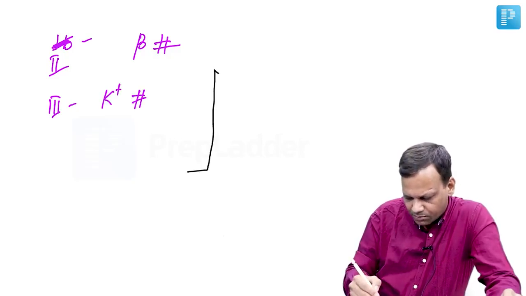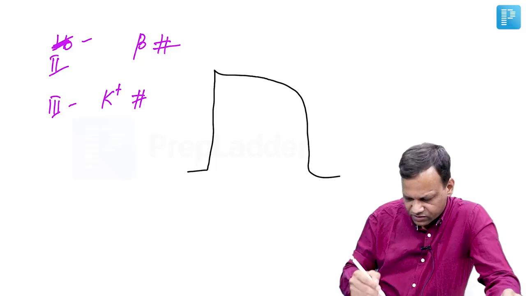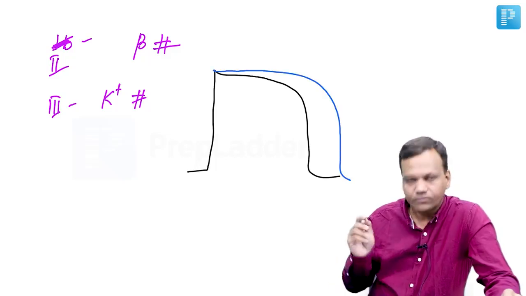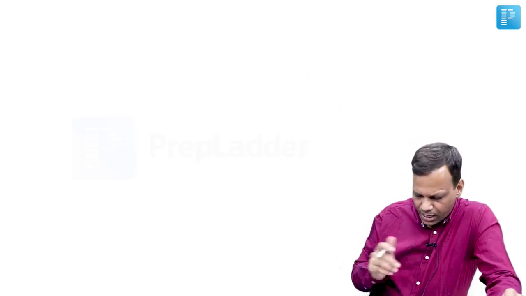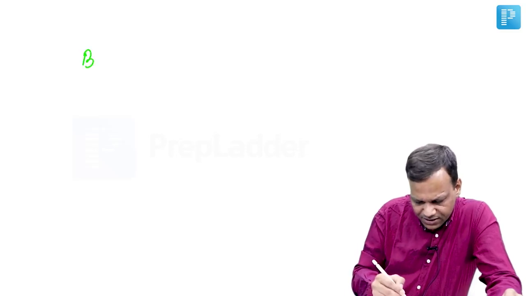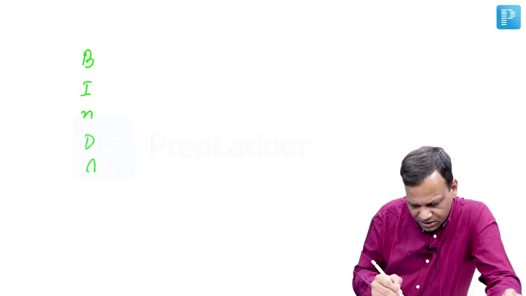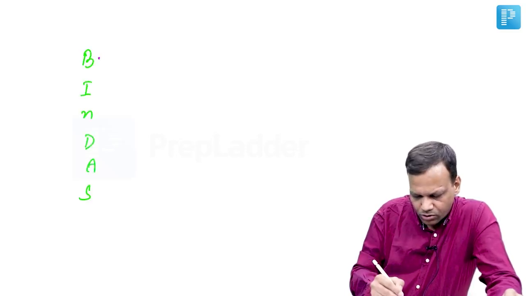So this is the normal action potential. The effect of class 3 drugs will be only this: increase in action potential duration. And the drugs in class 3 include Bindas drugs. Class 3 drugs are remembered as Bindas drugs. So these include Bretilium,